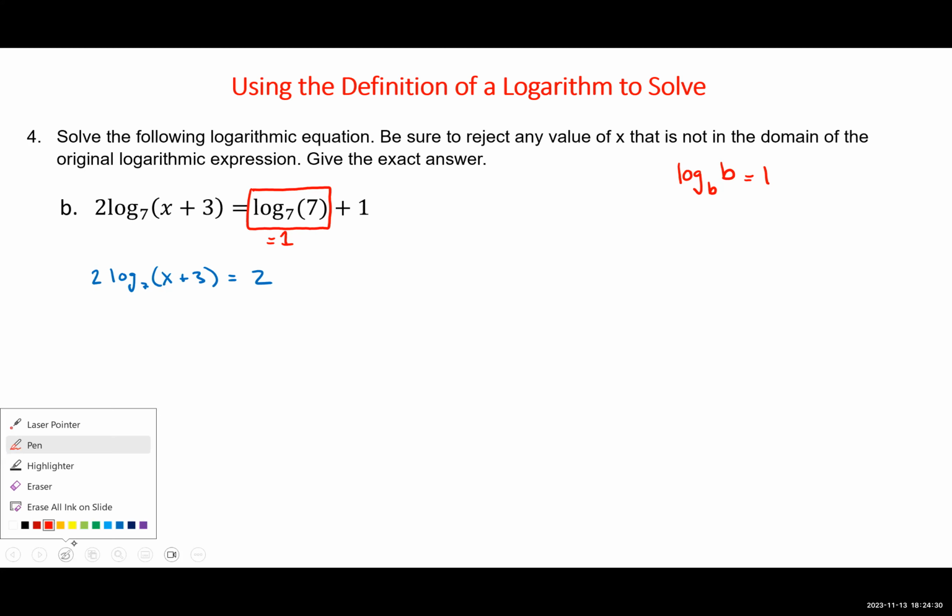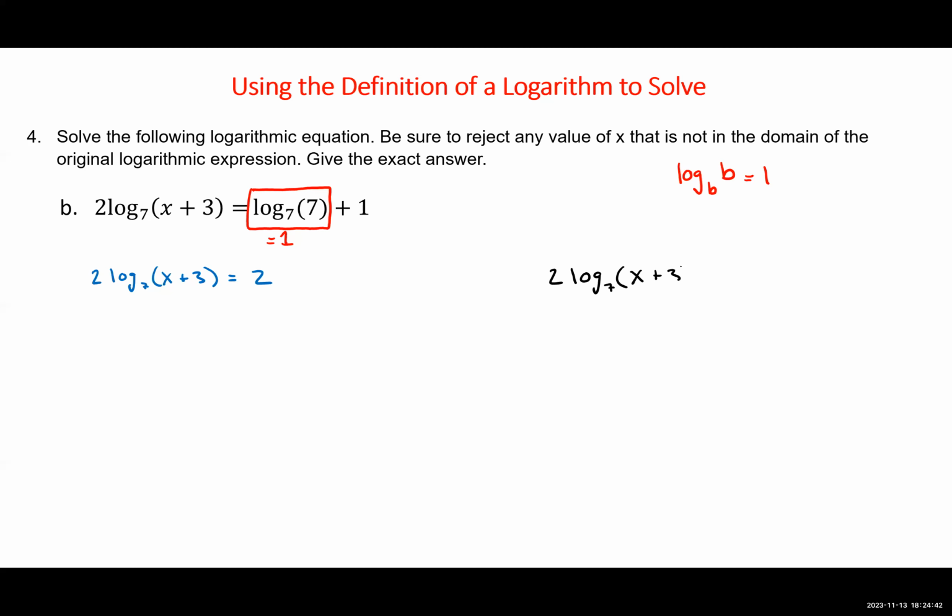I'm going to write this twice, and I'm going to write it over here in black. 2 log base 7 of x plus 3 is equal to 2. Now let's do this a couple of different ways. I mean, there's almost always some variations in how you can get through the steps of a problem. So the blue version on the left,